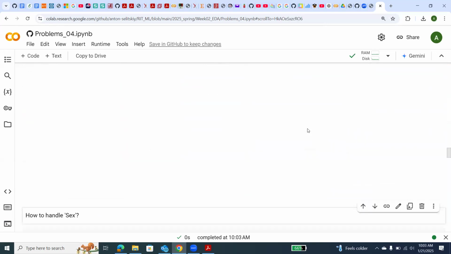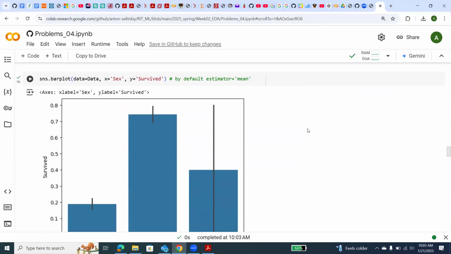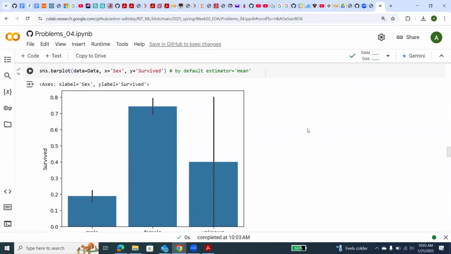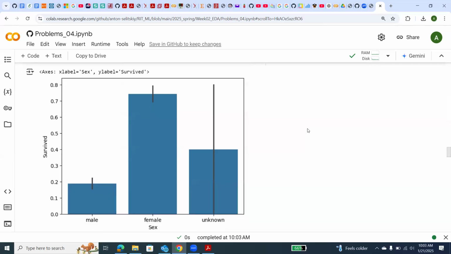I just provided different examples of bar plots. What is this plot? This plot represents the percentage in each group. So, like, we have 5 passengers, and it looks like this fraction, which is